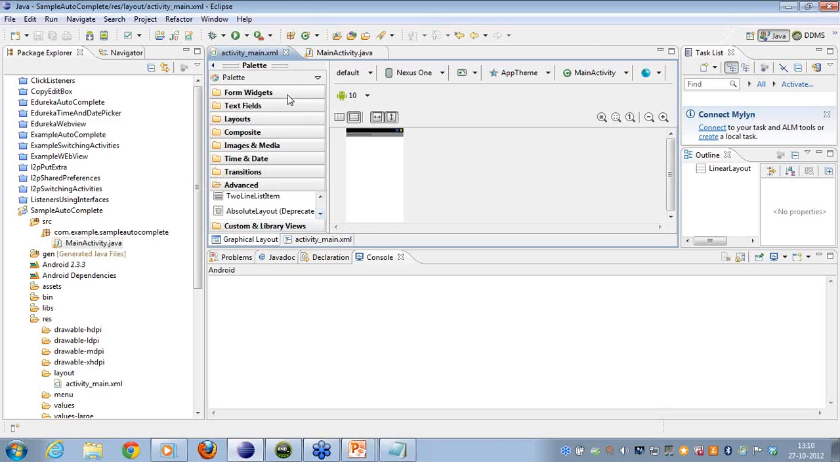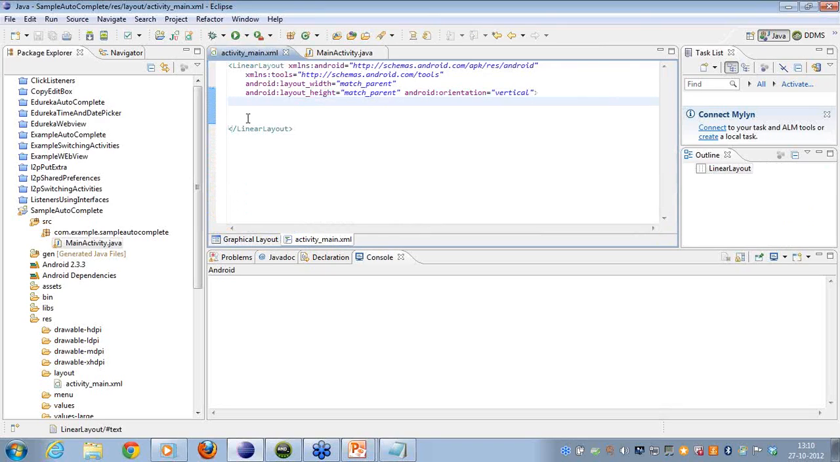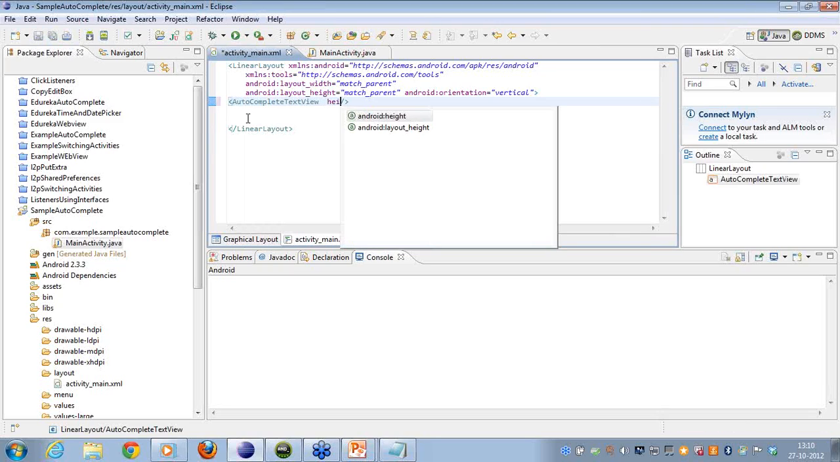So here I'm not finding the autocomplete text view, so what I can do is just create my own. So here I go to autocomplete, I type in autocomplete text view. Alright, give it a height and width attribute,